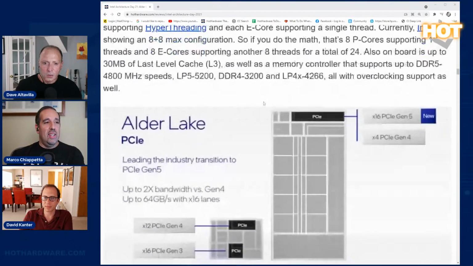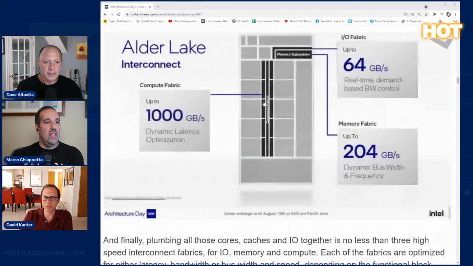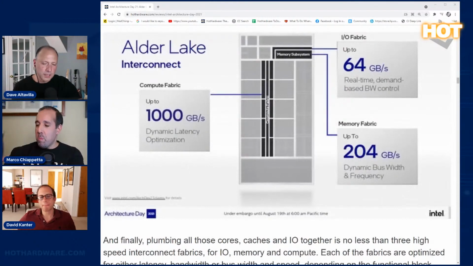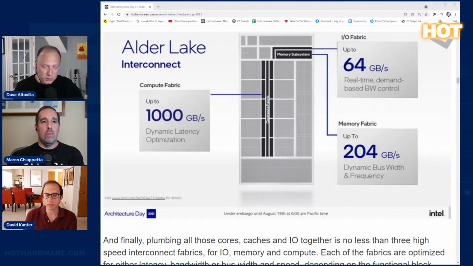The other thing, what did you think about this part, Dave? Three different fabric IO, or fabric topologies here for compute, IO, and memory. Three independent. Again, what seems to be really well plumbed internally as well. Yeah. And one of the things that's interesting is, I think these fabrics were to some extent in place previously, but it's the degree to which Intel is talking about it externally, and which of them are new.